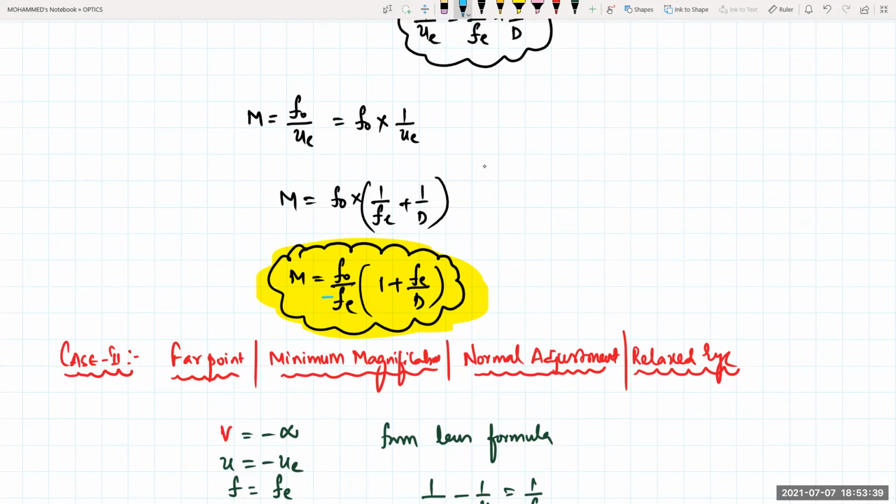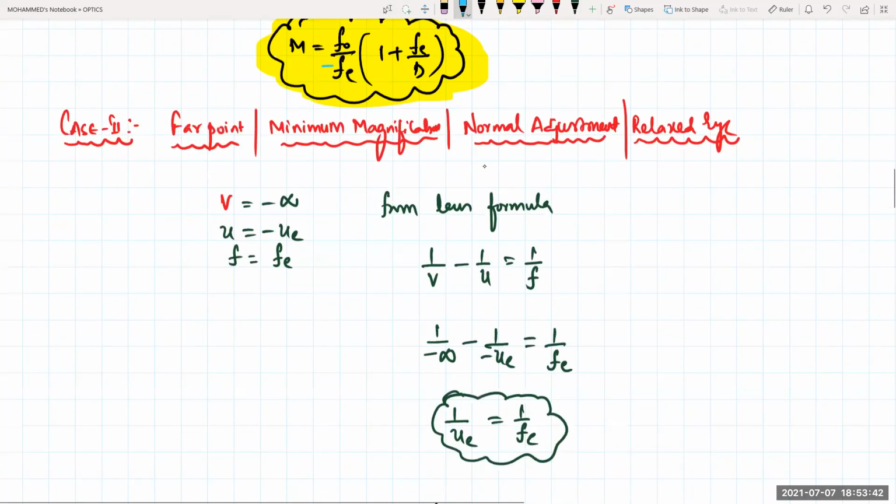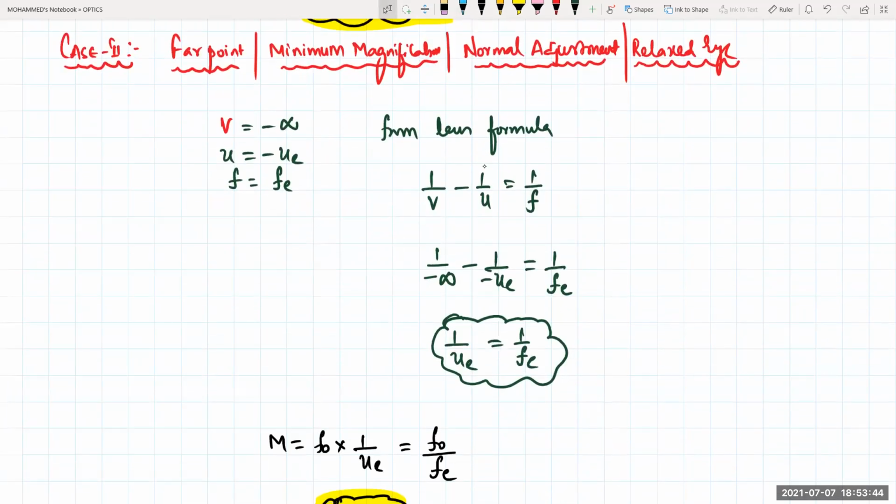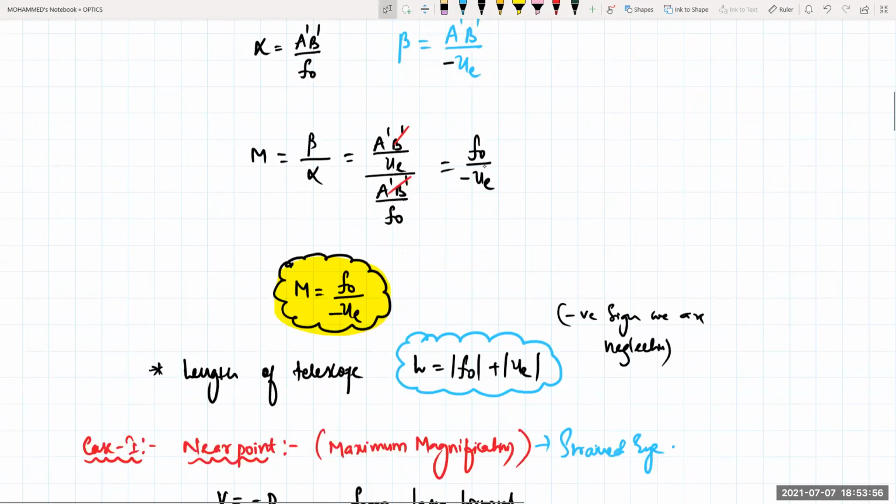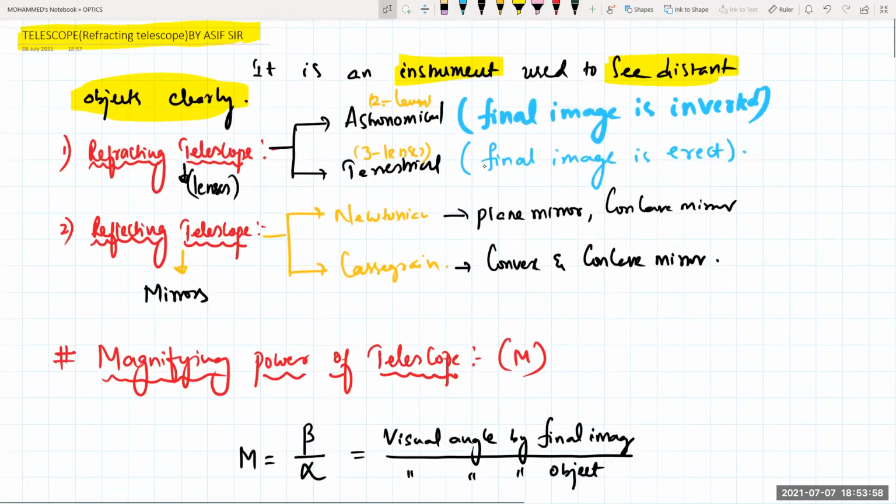But there is a small understanding related to terrestrial. How many lenses will we be using, I told you, beta? To make the inverted image erect in the terrestrial telescope, we'll be using one more lens in the middle. In terrestrial telescopes basically, we use 3 lenses. One more lens, present between the objective and your eyepiece, is used for inverting the image.